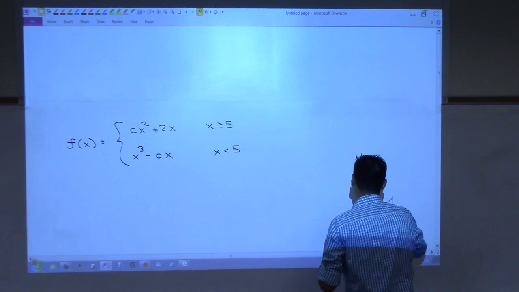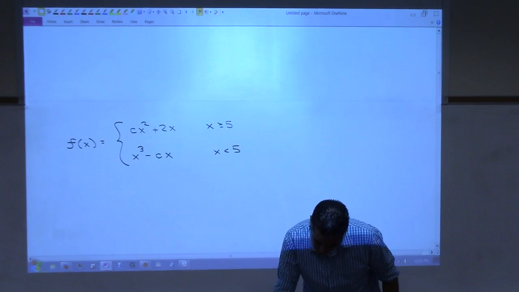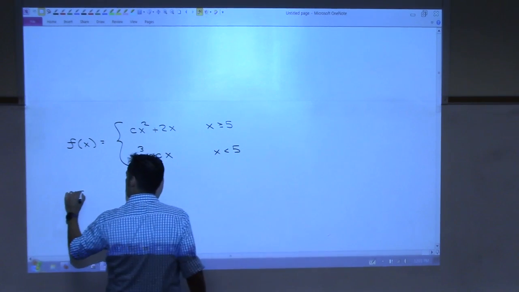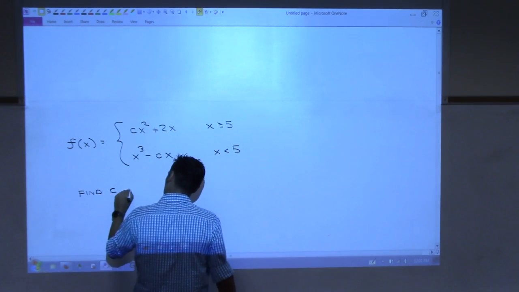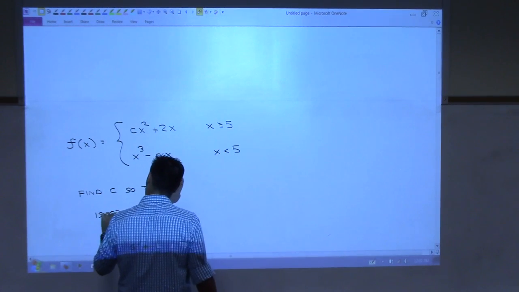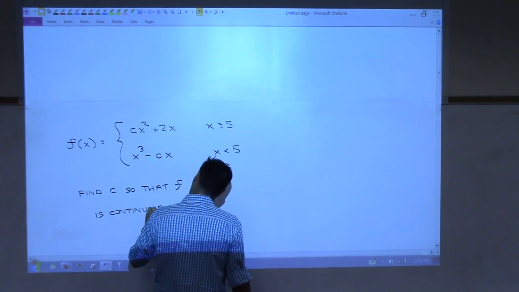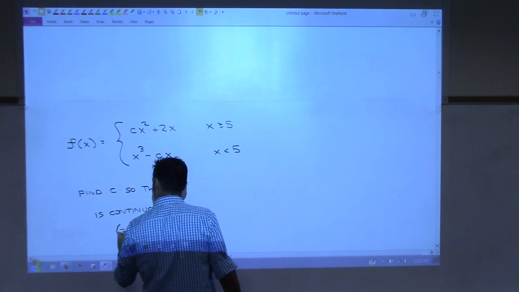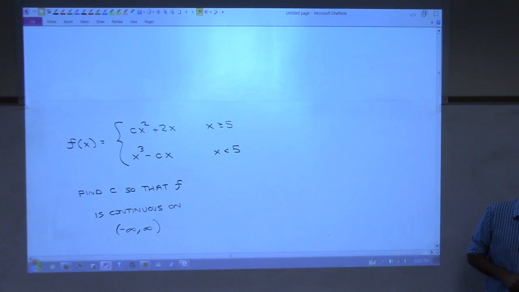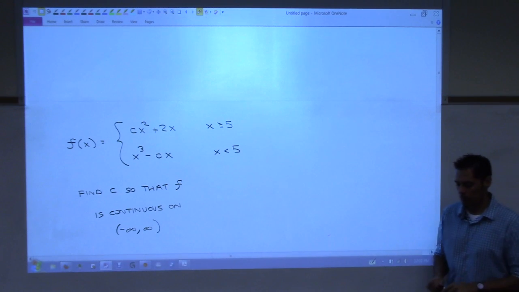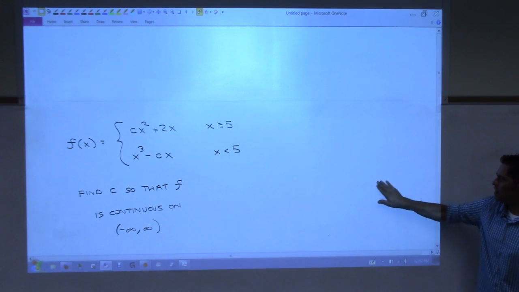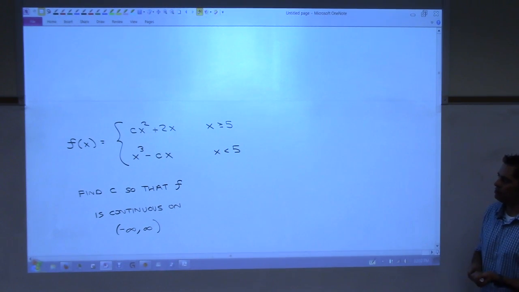So this is a pretty interesting problem. And let me explain what we want. Find c so that f is continuous on negative infinity to infinity. I know this looks ugly, okay? If it's the first time you see anything like this, I know that looks bad, but let's just analyze this